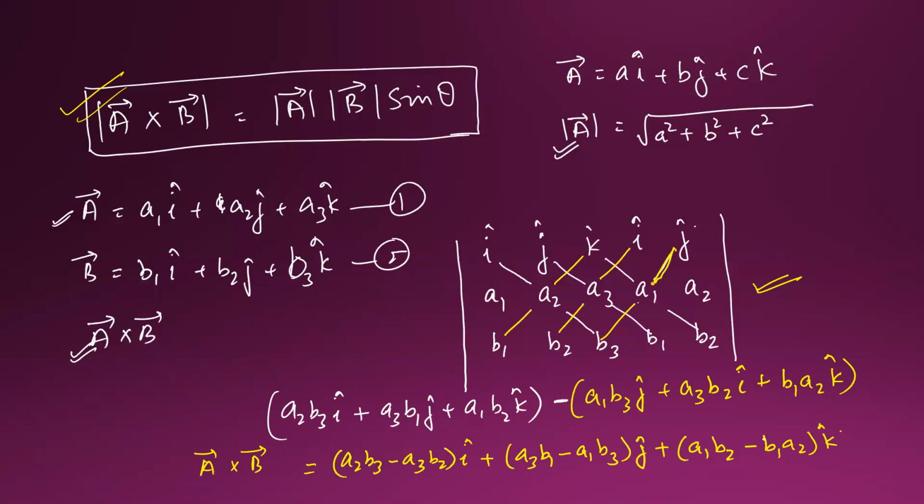You'll be able to find the magnitude of a vector cross b vector. So suppose I'm having two vectors over here. For example, there are two vectors, that is a is equal to, suppose, i plus 2j plus 3k, and b vector is, suppose, 2i cap minus 3j minus k cap, and I need to find the cross product of these two vectors.